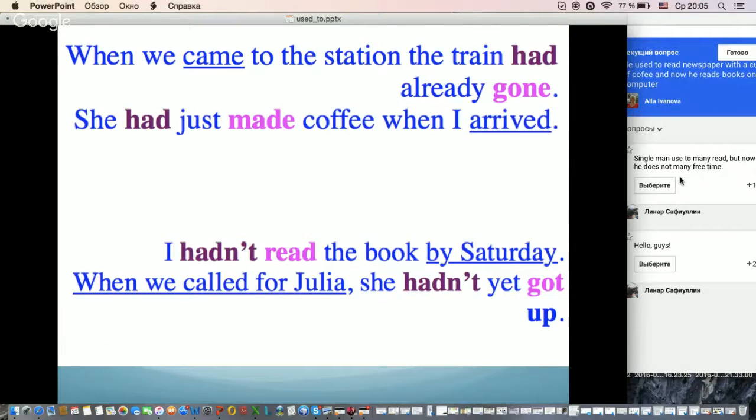When we came to the station, the train had already gone. Когда мы приехали на станцию или на вокзал, то поезд уже ушел. She had just made coffee when I arrived. То есть когда я приехал, она только-только сделала кофе. I hadn't read the book by Saturday. К субботе я не прочитала книгу. Or when we called for Julia, she hadn't yet got up. То есть когда мы позвонили Джулии или когда мы зашли за Джулией, она еще даже не проснулась или даже не